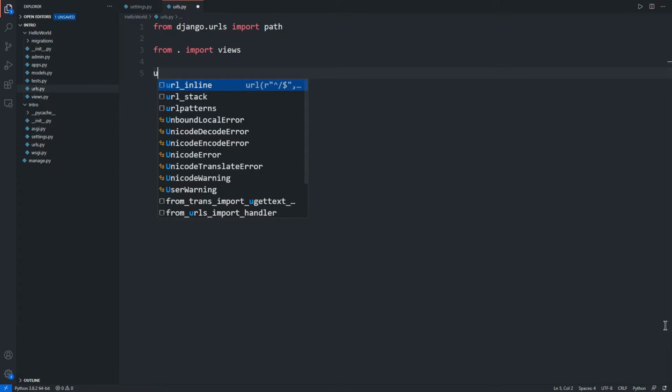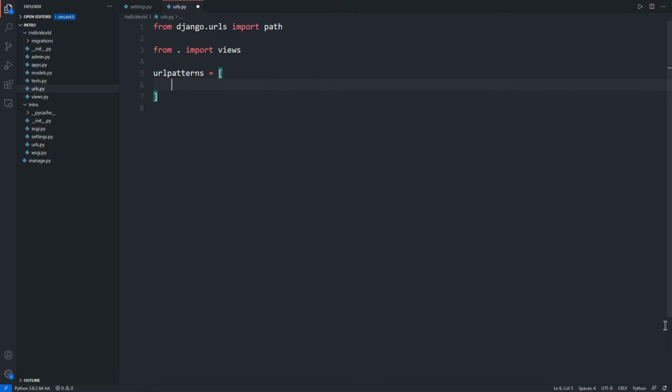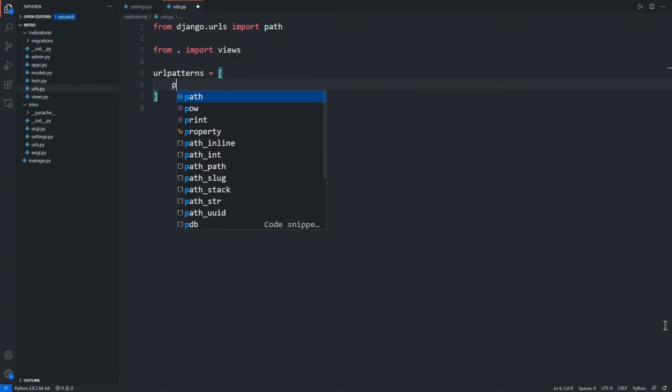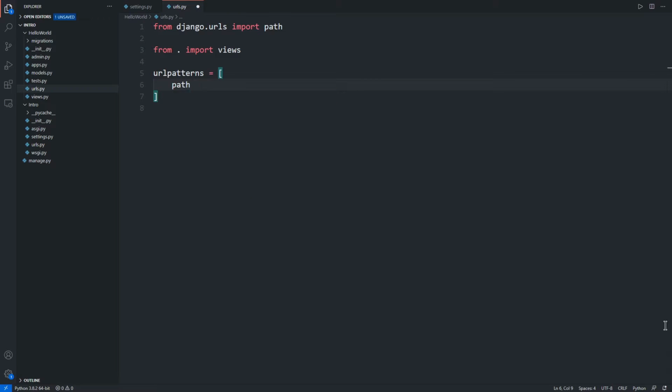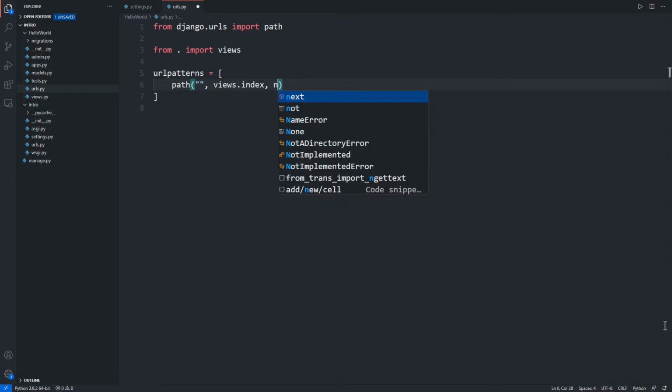Now we'll write the URL patterns. What are URL patterns? Over here I'll first write path, empty string, comma, views.index. Currently we do not have a function named index, but shortly we'll make it,